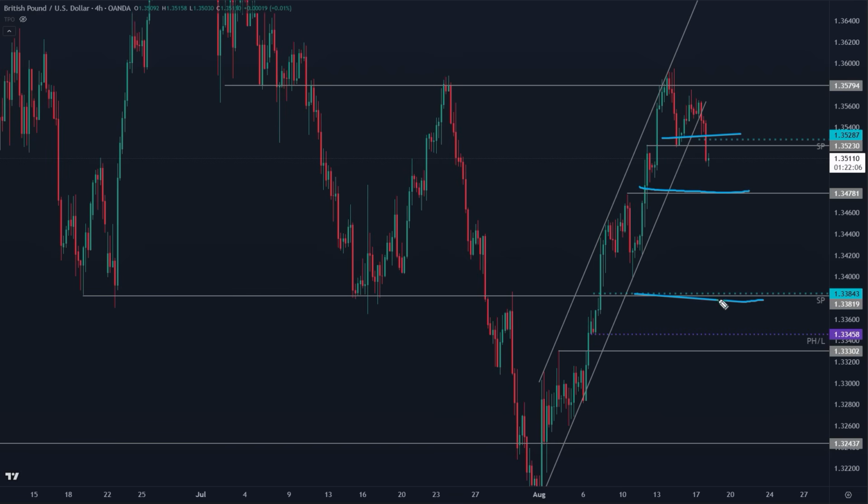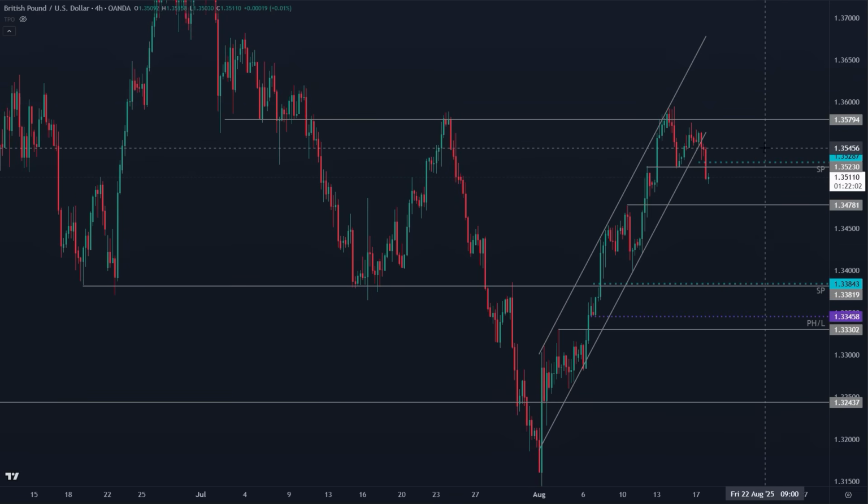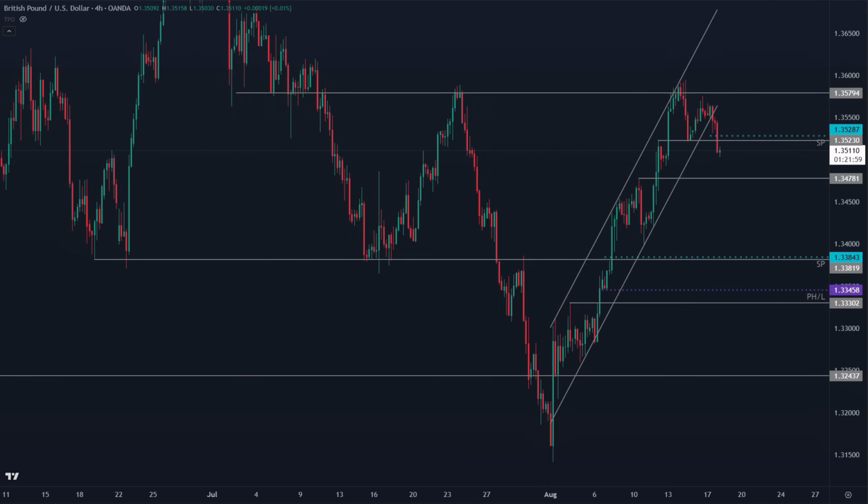So this area down here, guys, is essentially the mid-range of what we've seen from the pound over the past couple of months. So like I said before, this is basically a range. Okay, this is a range right here for the pound. And you can see we have these lows back here right around 133.80. And then of course we have this key level down here, which was swept and reclaimed through this region.